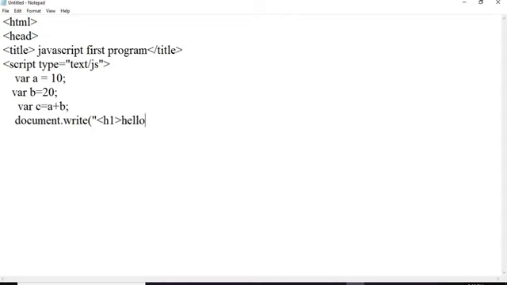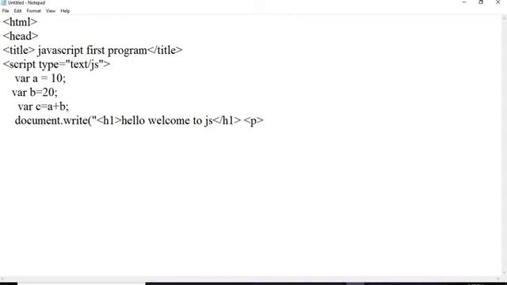I will add something like this, so it looks better as compared to the simple normal look. This is a welcome to JavaScript, and that is taken in a heading 1. So I have taken the heading tag in a double quote. As well we can take the paragraph if we want.